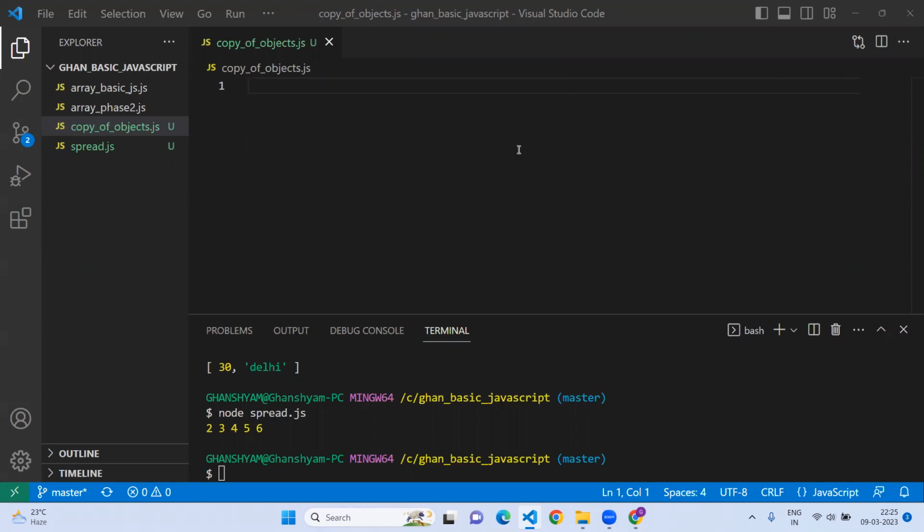So today we will learn about the types of copying an object. We will see a lot of code. There are two types of copy for an object, deep copy and shallow copy. I will explain how these copies are performed, and they are very important because sometimes we copy an object